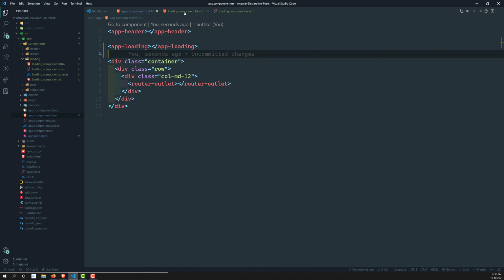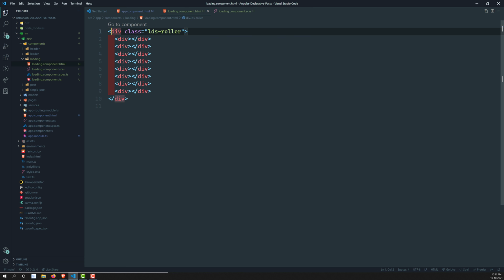Here in the loading.component.html, I will add one parent div with class equal to loader.